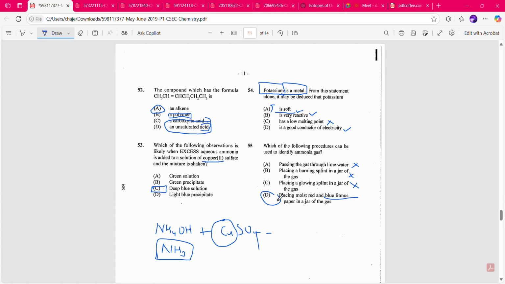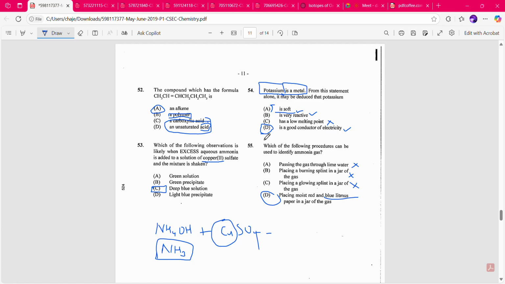So the most correct answer above for 54 is D. Metal suggests that it's able to conduct electricity. Most correct answer is D. Also, if the statement would have said that potassium is found in the electrochemical series, the answer would have been it's very reactive. Please note that group 1 metals and group 2 metals are considered to be soft as well.